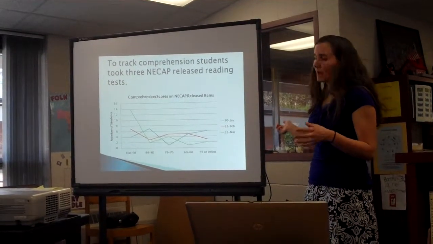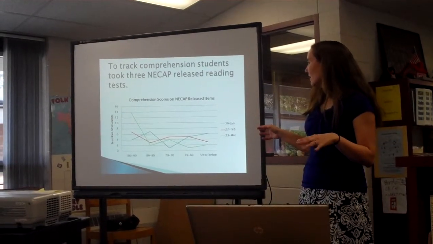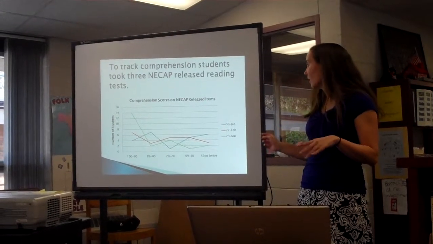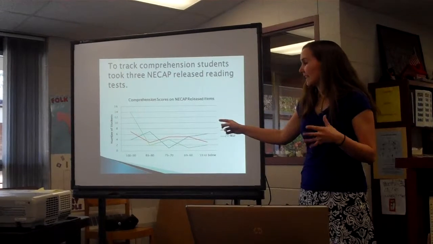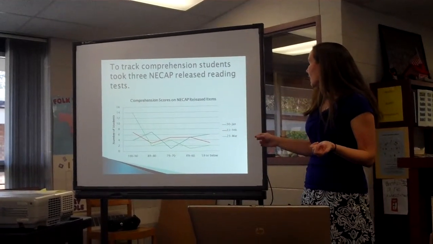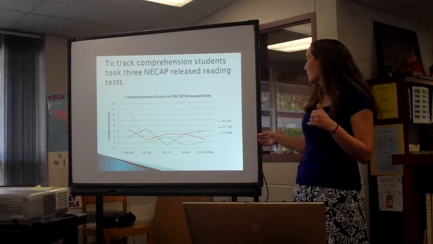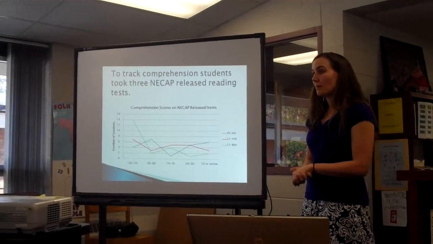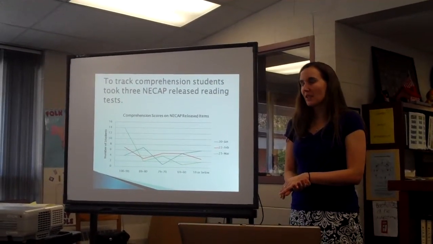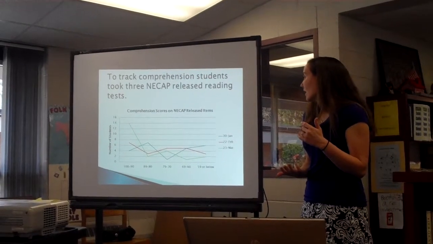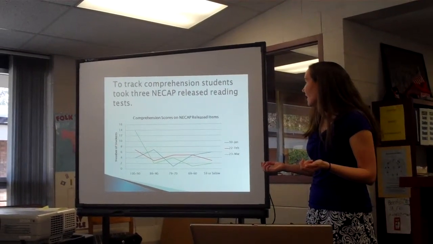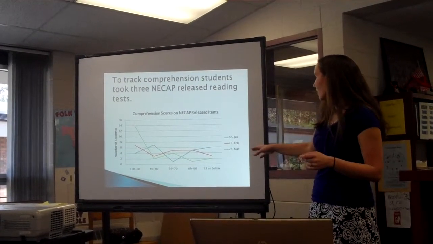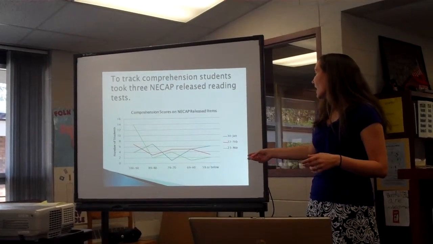And then in February, in the middle of my study in red, you can see the line starting to come up. I have fewer students in that 59 or below. I have more students in the 100 to 90 percentile. And then on March 23rd, I gave the last comprehension passage, which was set up as question answers, so it was a text structure they were familiar with that we had worked with, and it was about covered wagons, and I had 14 students who scored in the 100 to 90 percentile. Wow. And my number of students who was in the 69 or below had dropped down to 3.